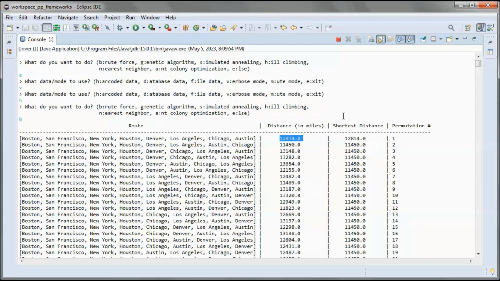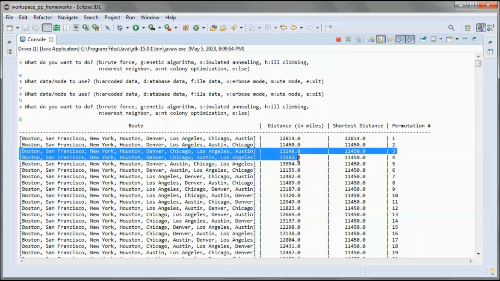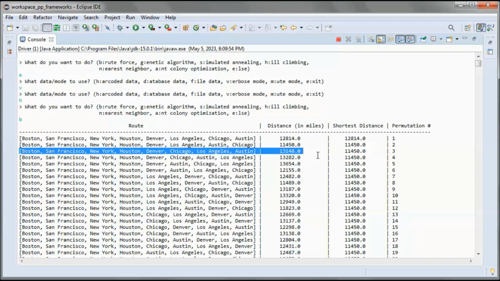So we considered it as the shortest distance, and then we went to the next permutation, and it has this distance, which is shorter than this one. So now this one is the shortest distance. And same thing, we went to the third permutation. It's bigger, so we still have this one as the shortest permutation. And we kept going until here.